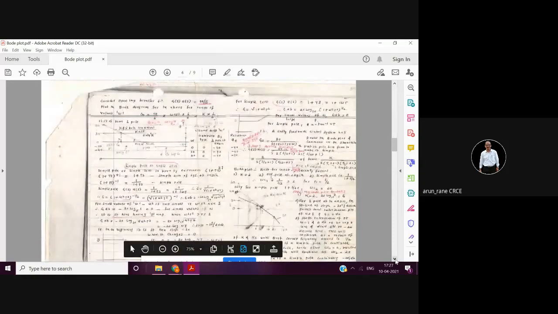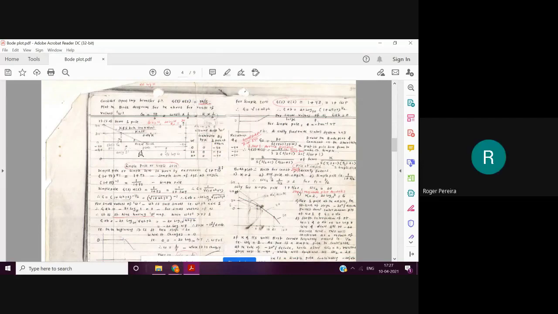So now we will see the effect of constant. So suppose now if it is 10 upon s. So we know if we take only 10, then magnitude is 20 log of 10. 20 log of 10 will be 20, isn't it? So I am going to get a straight line. So first you have to draw a straight line. Okay, effect of 10, understood? Now you have 10 upon s, we are dividing into 10 into 1 upon s. So 1 upon s, if it is 1 upon s, then it is minus 20 and it is sloping downwards.